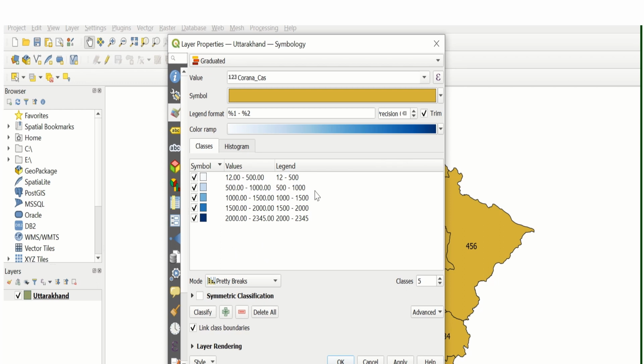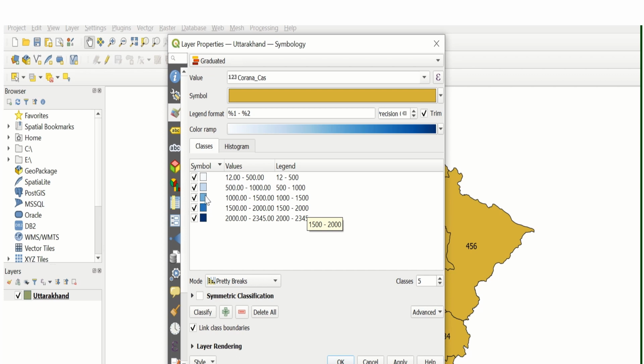These ranges are the corona cases: 2000 to 2345 is the highest, darker value. Then 1500 to 2000 is just less dark than the darkest.